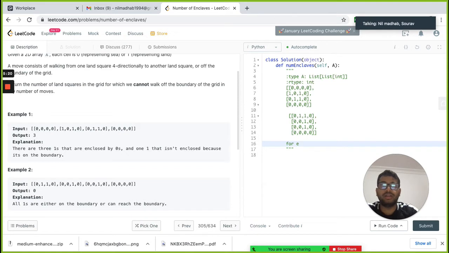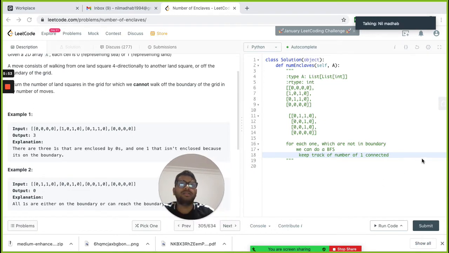So for each one which is not in the boundary, we can do a BFS and keep track of the number of ones connected, and have a global answer counter.